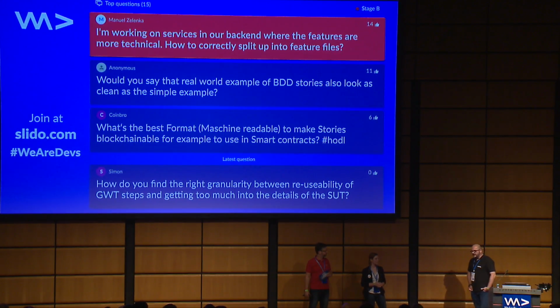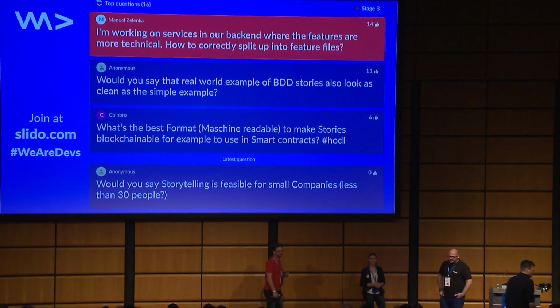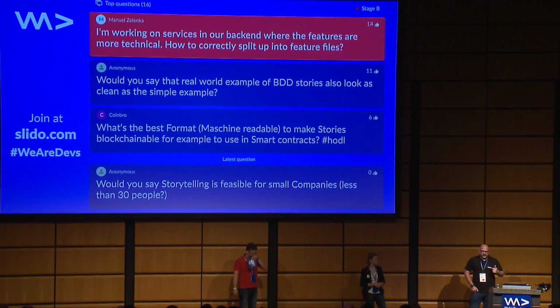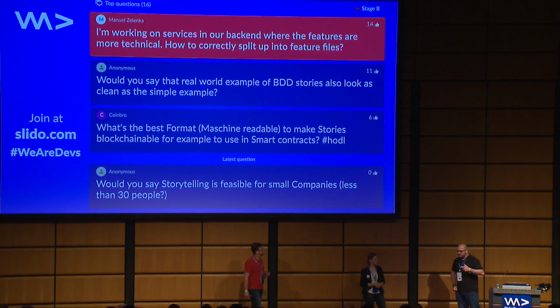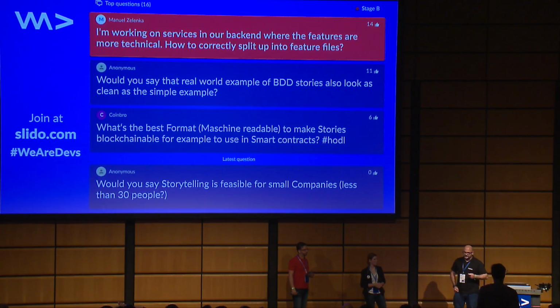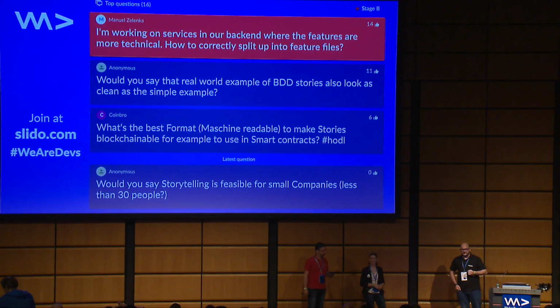Other than that, we do have acceptance test-driven development, where we can use acceptance test-driven development with technical tasks. Technical tasks are most likely not testable via UI, so you have to go in the backend, and you have to do this with unit tests, and there comes in acceptance test-driven development.